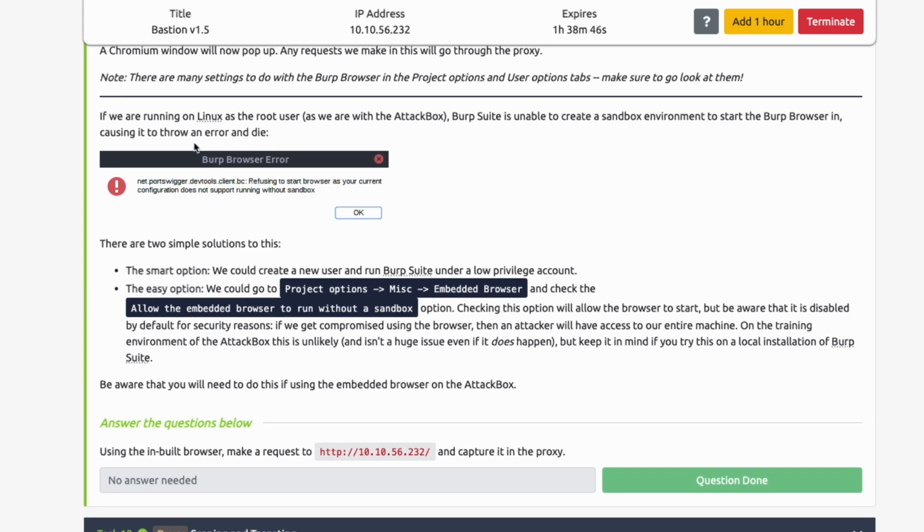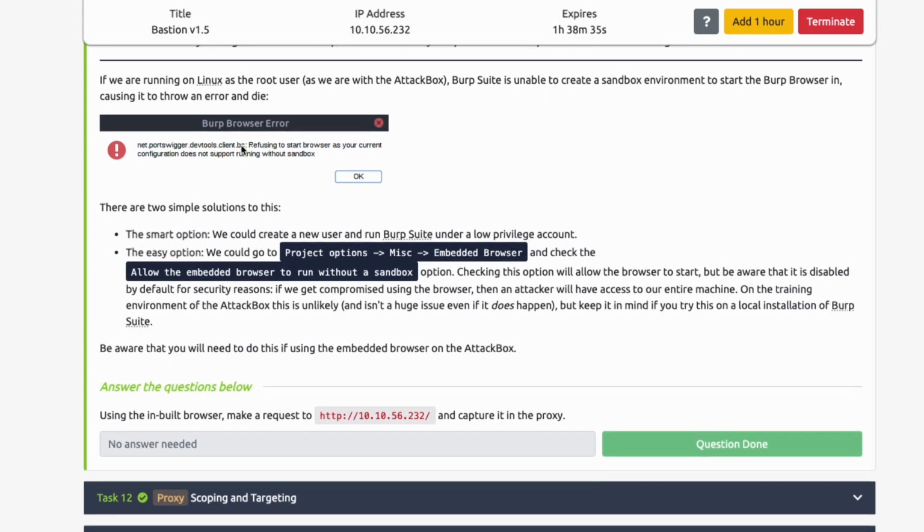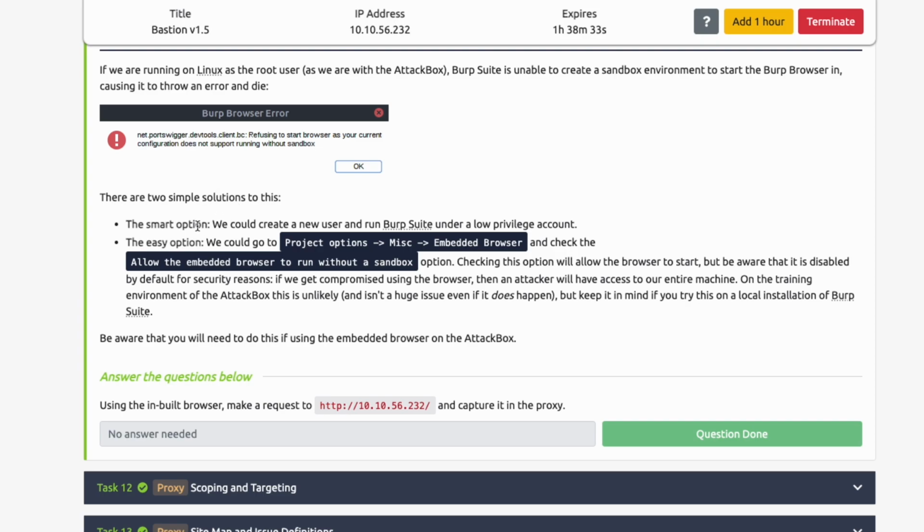And then if we are running on Linux as the root user, as we are with the attack box, Burp Suite is unable to create a sandbox environment to start the Burp browser, causing an error. There are two simple solutions. Smart option: we could create a new user and run Burp Suite on a low privileged account. The easy option is you go to Project Options, Miscellaneous, Embedded Browser, and check Allow Embedded Browser to run